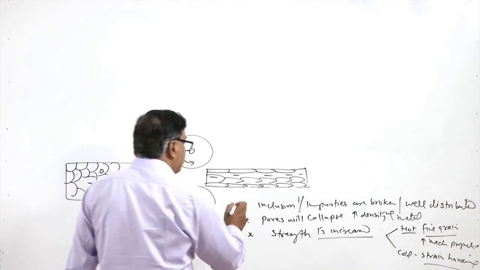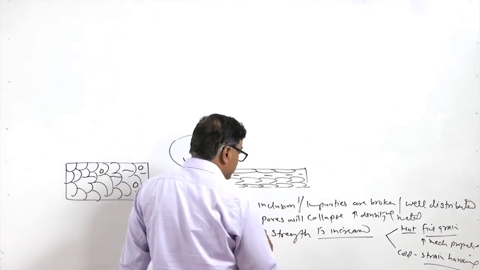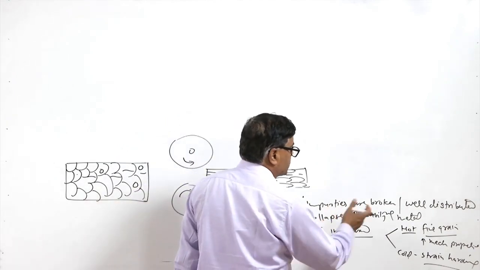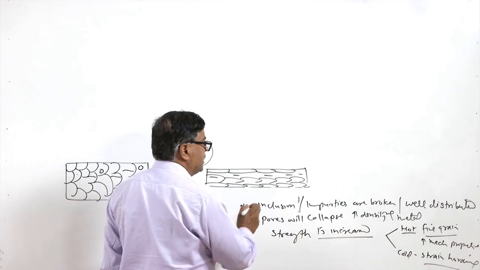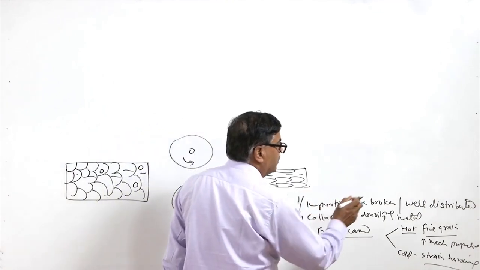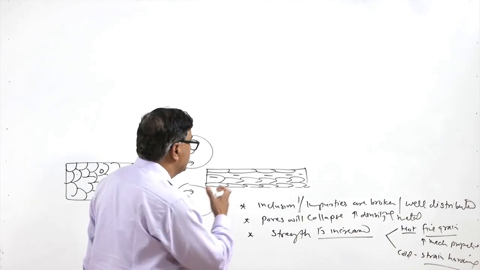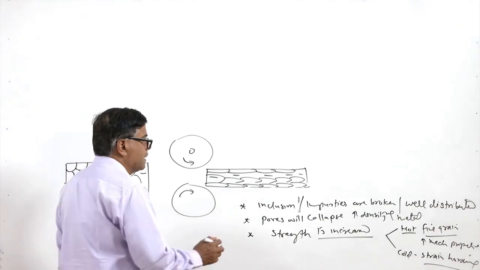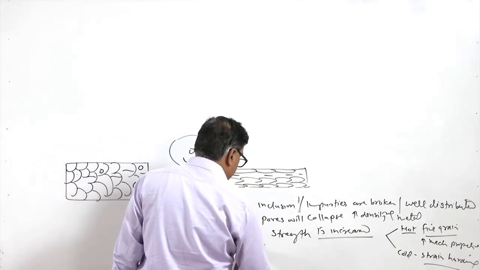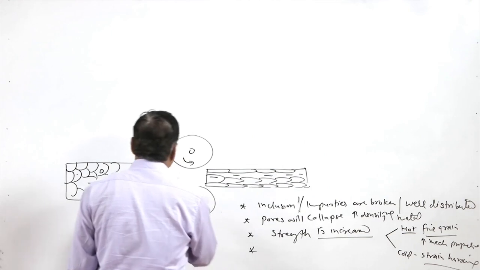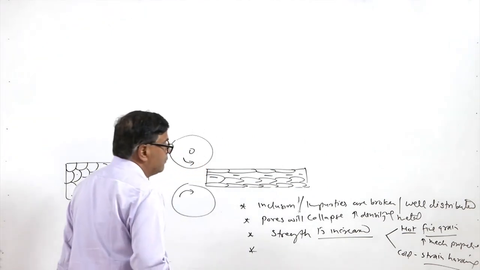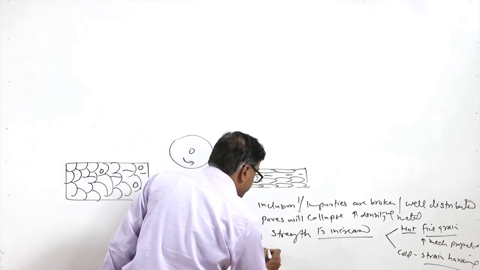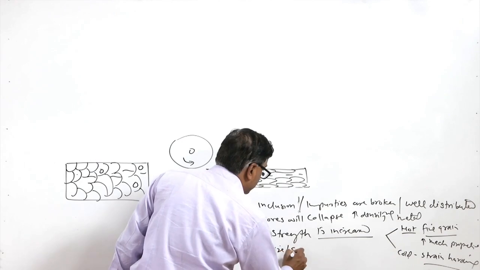So, these are the advantages which are achieved, that the strength is improved, porosities are collapsed, which in turn increases the density, and inclusions and impurities are broken down and they get well distributed in the mass. So, which in turn reduces their severity on the effect on the mechanical properties, and so the properties are improved. Further, these processes help to achieve the desired size and shape